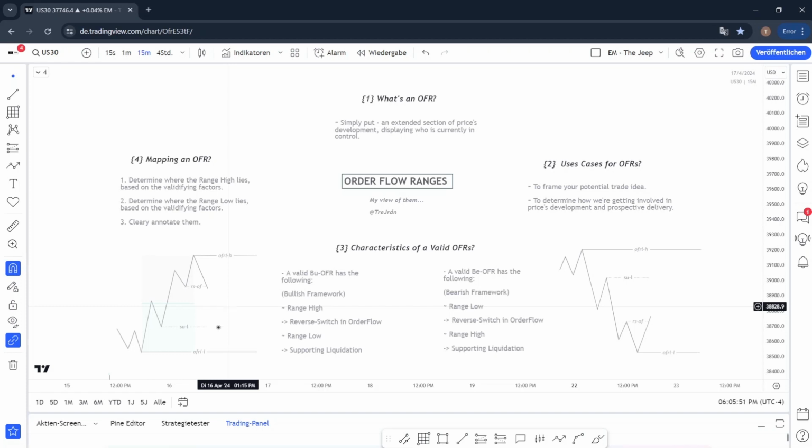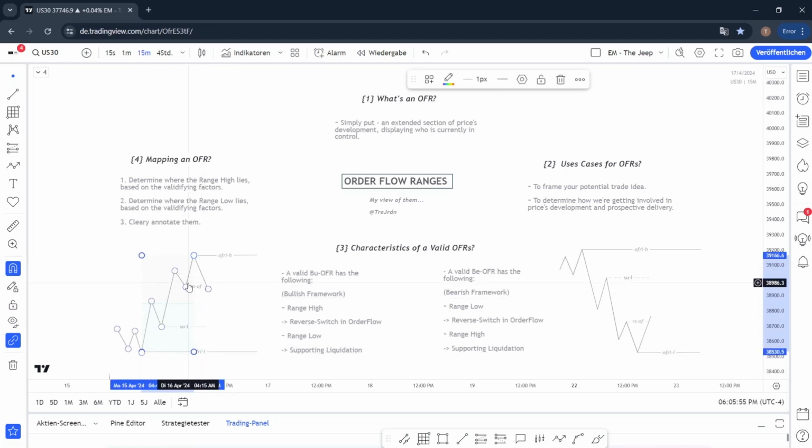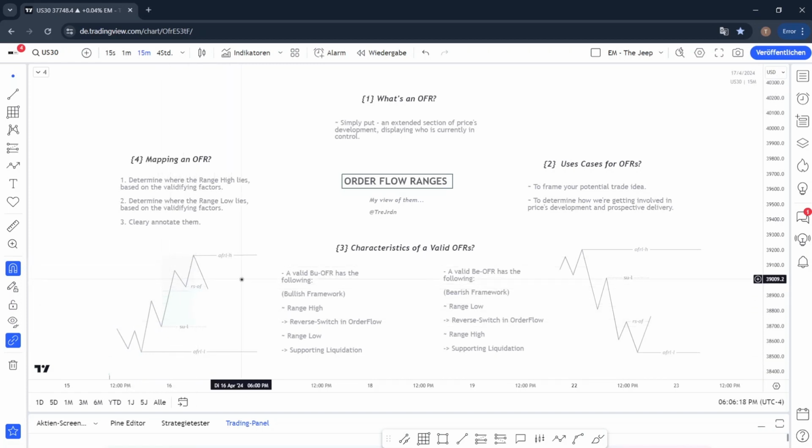So say for instance I had this as my initial low. The reason why this wouldn't be considered my actual range low lies within the fact that there's no support and liquidation that's actually present in this range that I've drawn out. So far we only got, say for instance, two of the valid factors running, and that is the range high through confirmation, or through the validifying factor, the reverse switching order flow